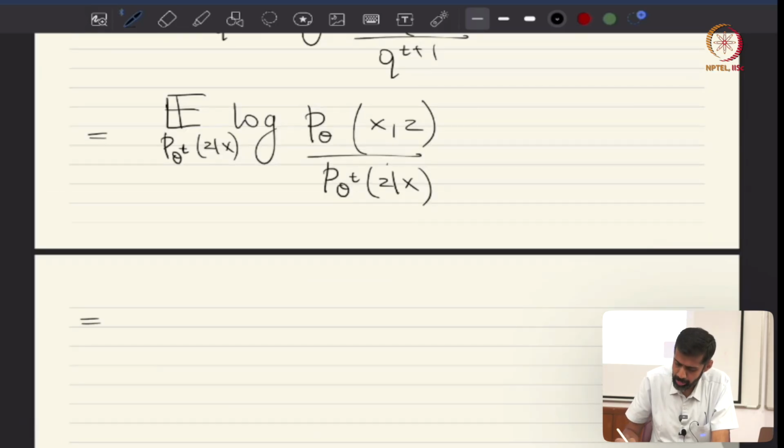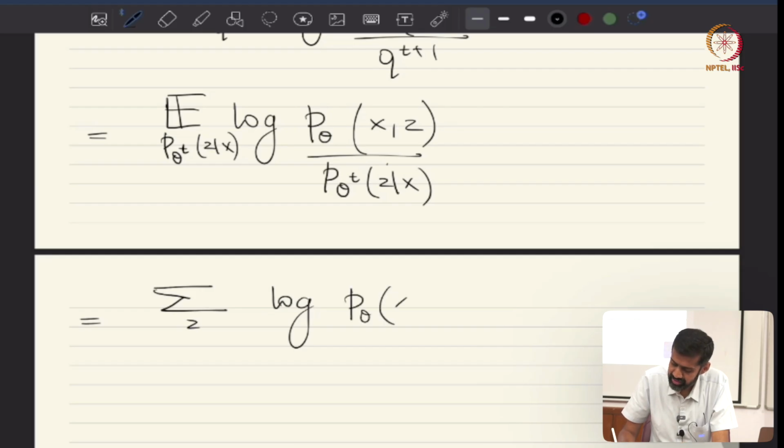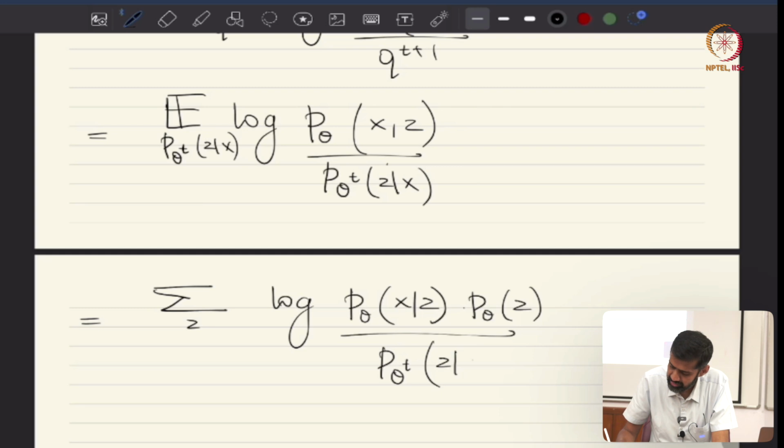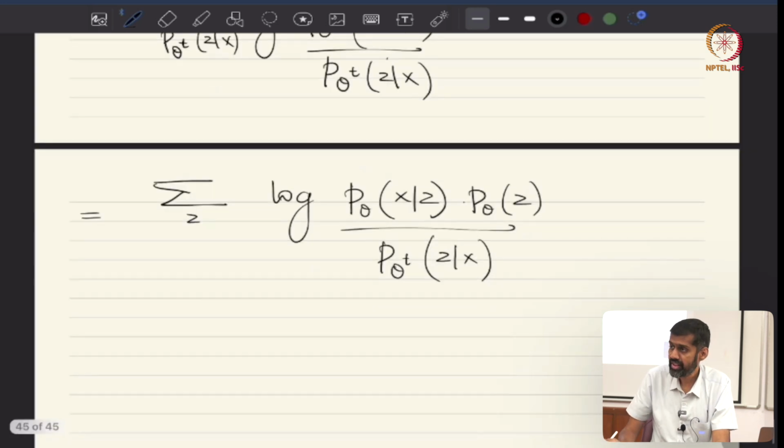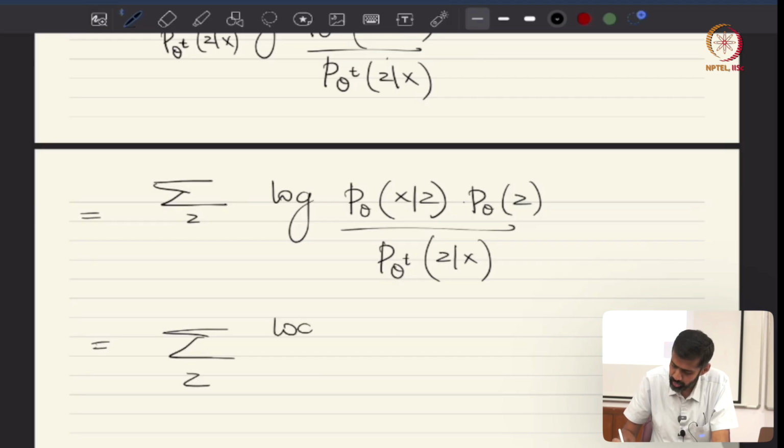So this is equal to, this is a distribution over z, so we have a sum over z, correct? This sum is over z. This is log of what is p theta x and z? p theta x and z is p theta x given z times p theta z divided by p theta t z given x, right? Now this is equal to log, what is p theta x given z? It's a Gaussian at,